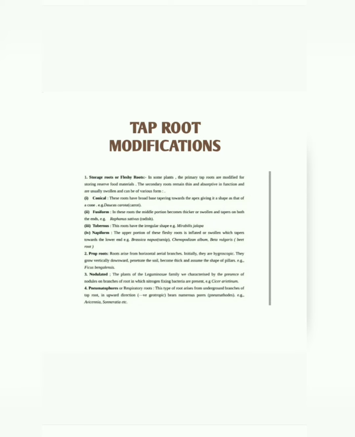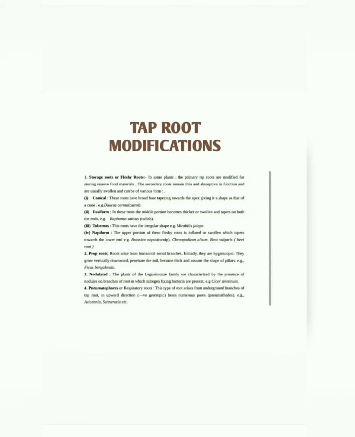See here, pneumatophores are arising from the branches of the roots and they are growing upwards, not towards the soil. They are growing towards the sun and they bear small pores called pneumatodes, and through them exchange of gases occurs. So what is the purpose of these pneumatophores? The purpose of pneumatophores is easy respiration. That's why they are also called respiratory roots.